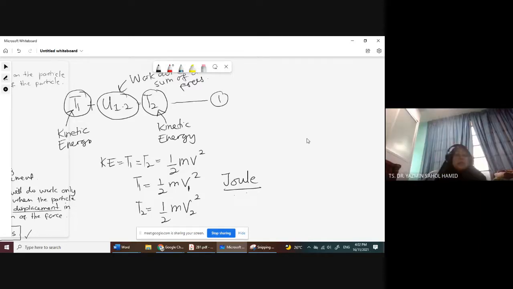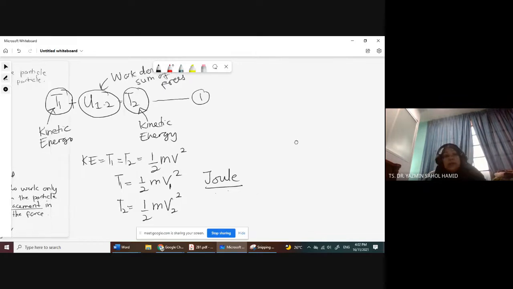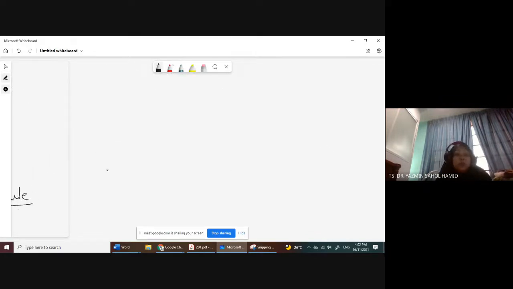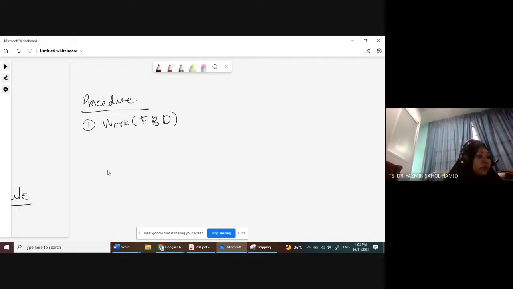Okay, now let's go through the procedure. What is the procedure? Number one, you must be able to do the work for the free body diagram. Once you identify the free body diagram, then only you can continue. So how do you identify the free body diagram? You need to account for all the forces involved on the particle in the direction along the path that